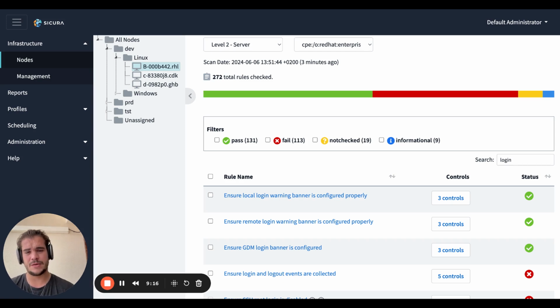The console itself is API driven, so everything I just walked you through can be accomplished through API calls and plugged into your DevOps pipeline. In the future, I'll jump into how we can actually go about doing that, as well as how we can leverage Sicura's image builder to use the same enforcement profiles, like the ones that I worked through building, to actually create custom machine images that can be used to